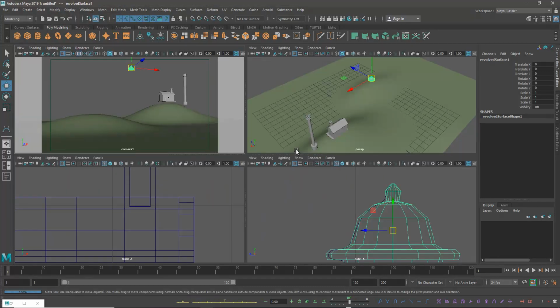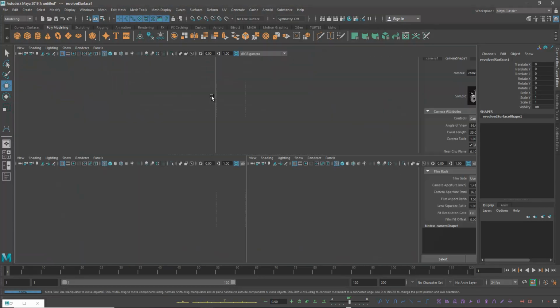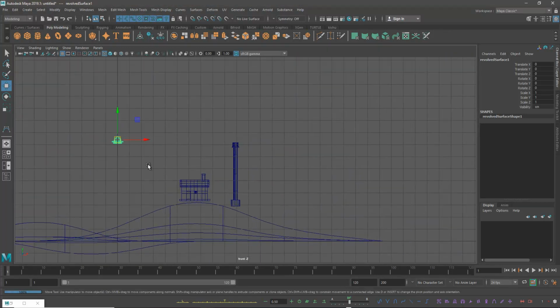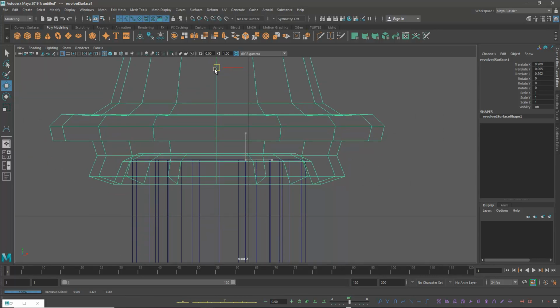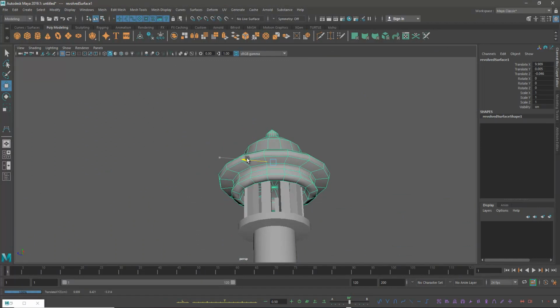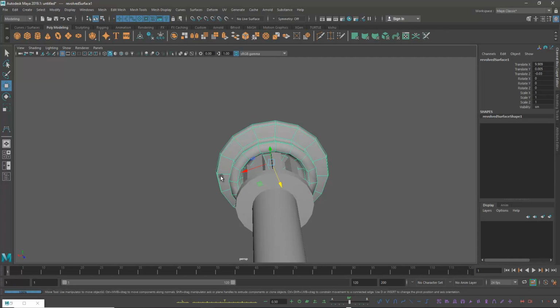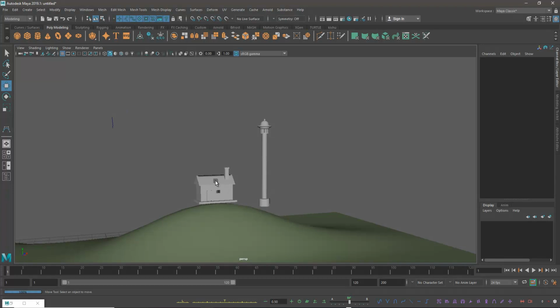Hold the center pivot and bring that mesh towards the light pillar, adjust it properly this way. So you can see that there is a house and a light pillar, lighthouse here, and we need to create